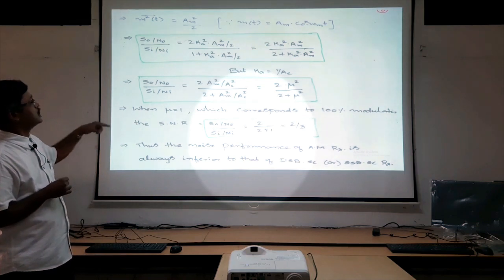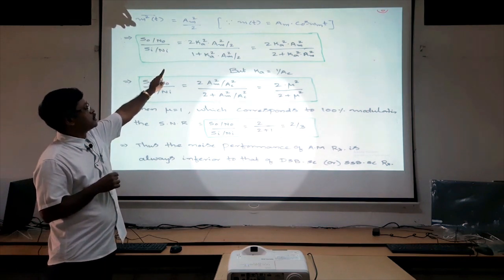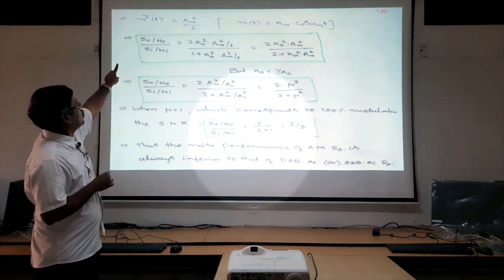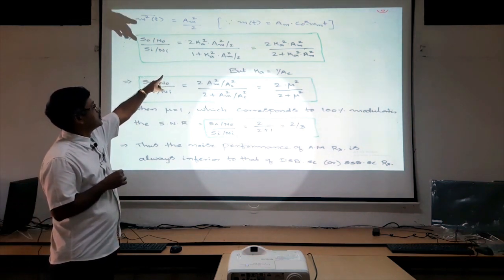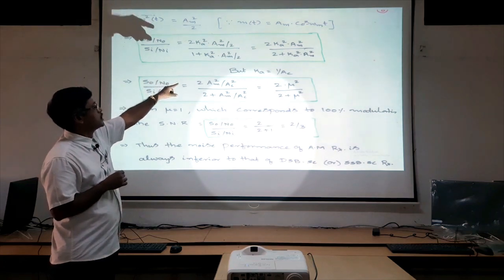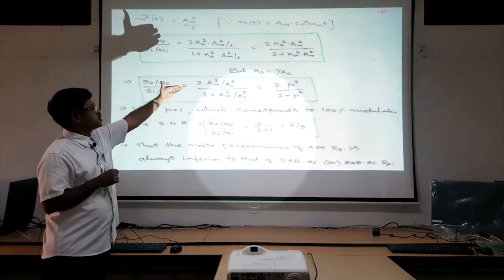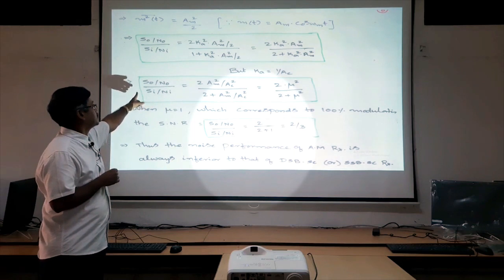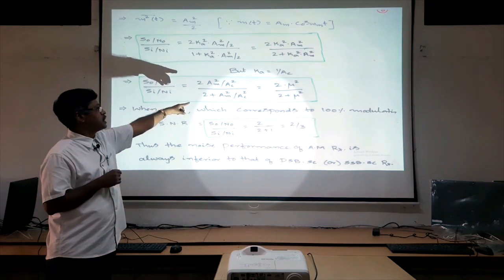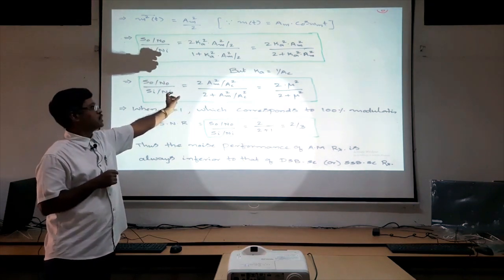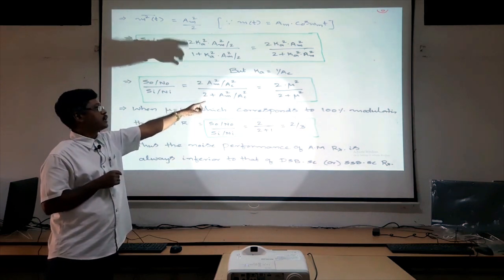Now redefine the equation and substitute the mean square power of the input message signal. So the overall signal to noise ratio, the figure of merit, becomes 2 Ka squared Am squared by 2 divided by 1 plus Ka squared Am squared by 2. Here Ka is the amplitude sensitivity, which is nothing but 1 by Ac. By substituting and simplifying the expression, we can get the overall signal to noise ratio as 2 times Am squared by Ac squared divided by 1 plus Am squared by Ac squared. Here Am by Ac is nothing but the modulation index. So I am replacing this with mu, or small m. So 2 mu squared divided by 1 plus mu squared.